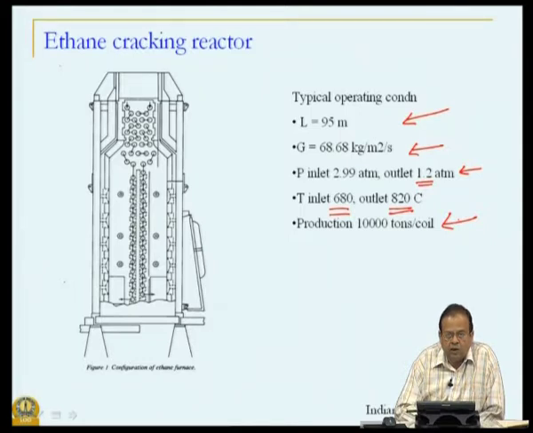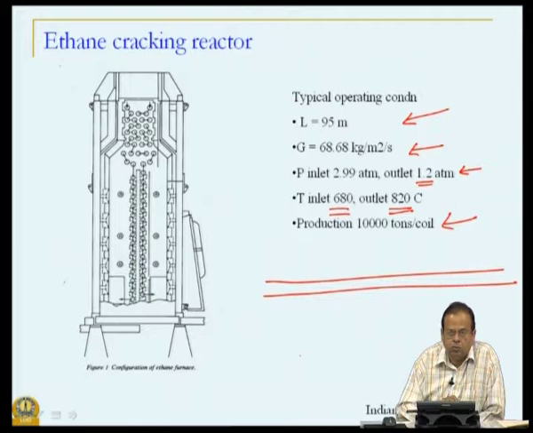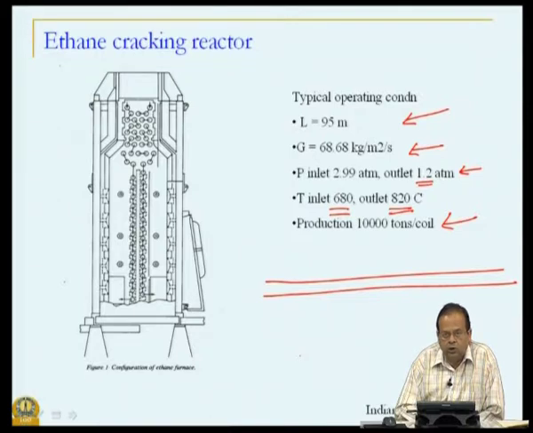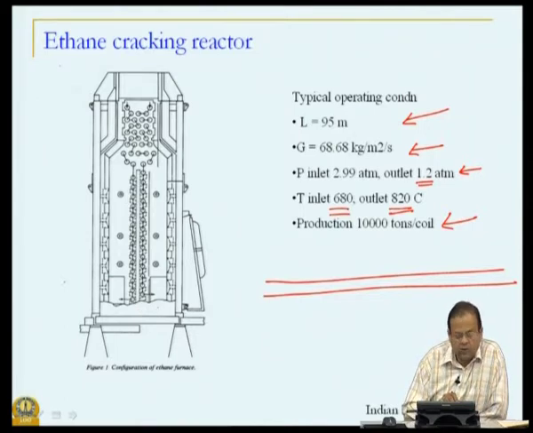Now, when you say that length is 95 meters, one way of thinking about that is a horizontal tube or a vertical tube. Horizontal is what comes to mind immediately, of the entire length occupying 95 meters. Now, that would take too much space, and in a world where space is at a premium, you do not want that. So, what do you do? You do not go horizontal, you go vertical, and this is precisely what is done in this reactor. So, let us look at what this reactor is.